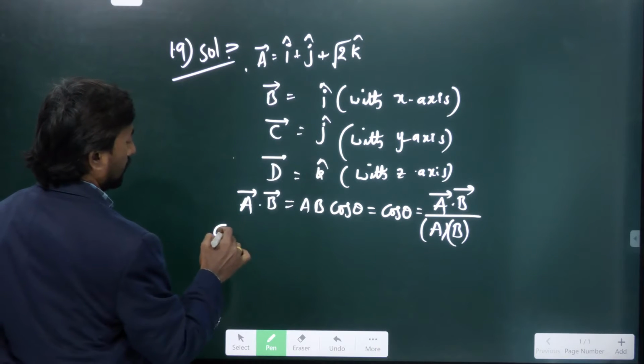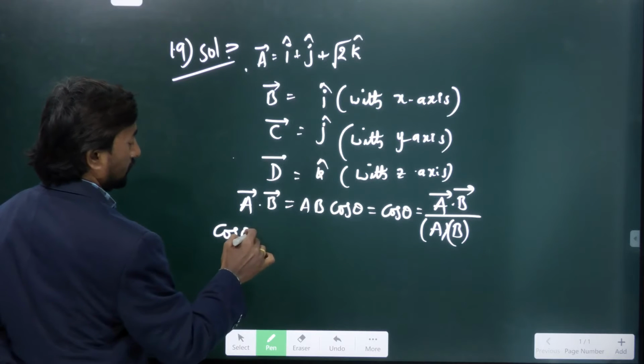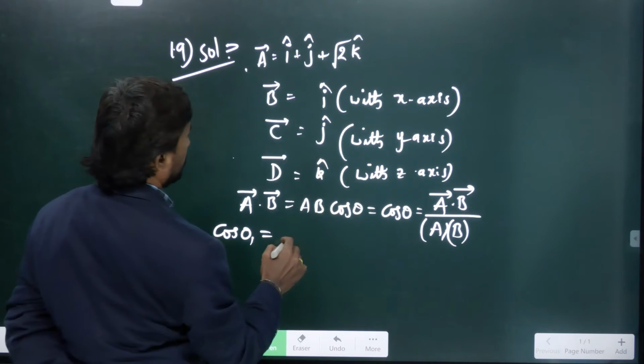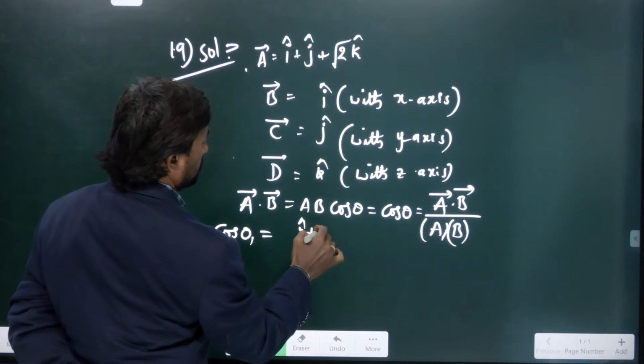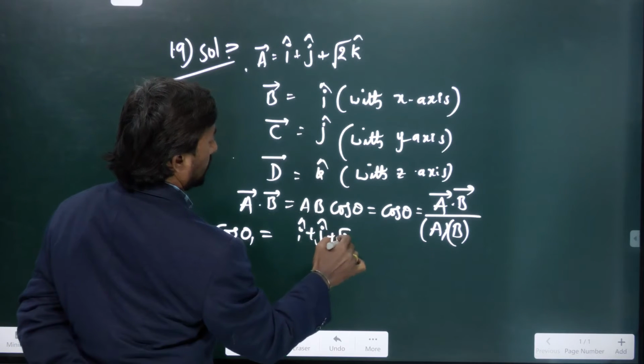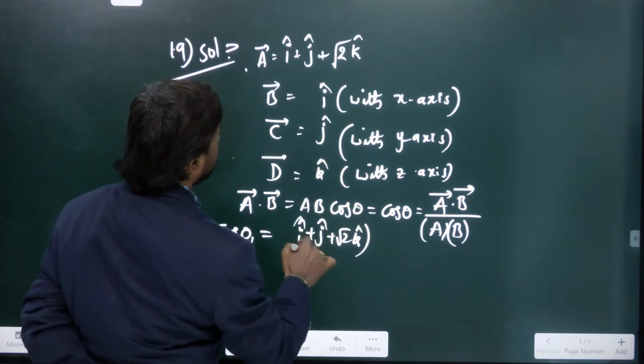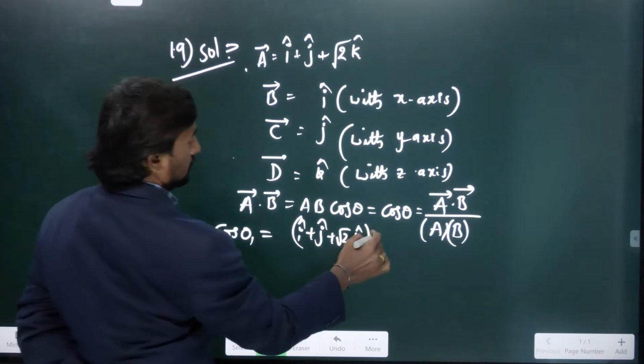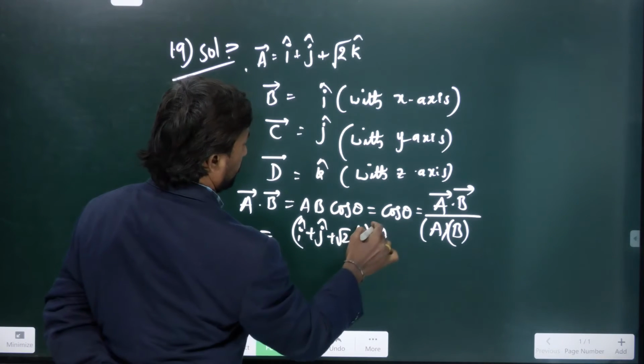Here we write cos theta 1. Now a bar vector is i cap plus j cap plus root 2 k cap, dotted with b bar. B bar is with the x axis, that is i cap. Divided by